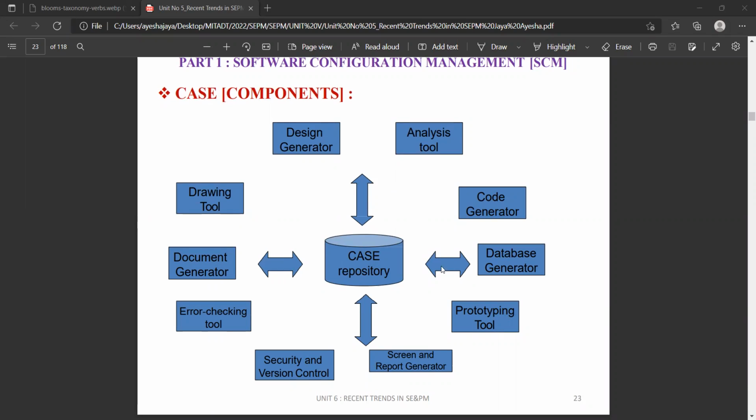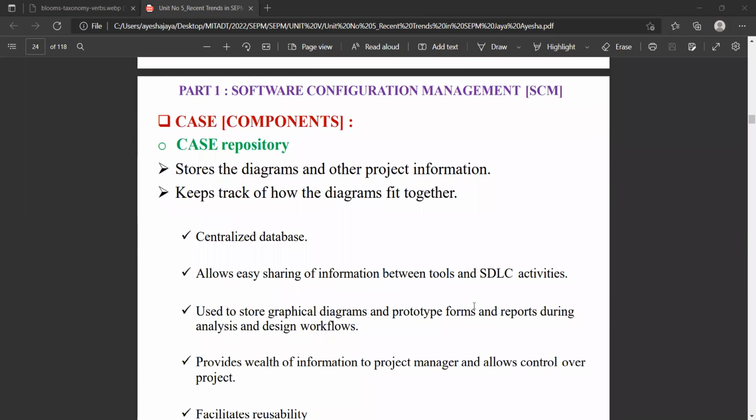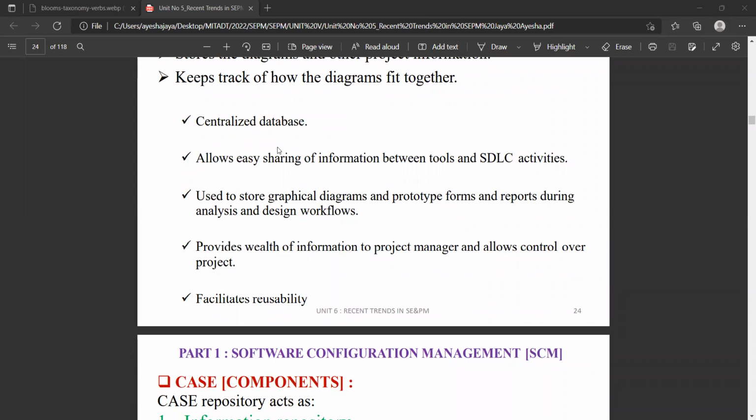So it's very easy to connect any theory with visual representation, and that should be done. Okay, now see the same thing here. This diagram is based on the component diagram. If you want to convert this into a use case, these would be the components. Same thing, these components would actually be the classes in the class diagram. Only the way of representation changes. Repository is nothing but where you store your data, the diagrams and other project information. Why are we storing the diagrams? Because in design, we have UML diagrams, and that is also our information and data, basically. So you have a centralized database,